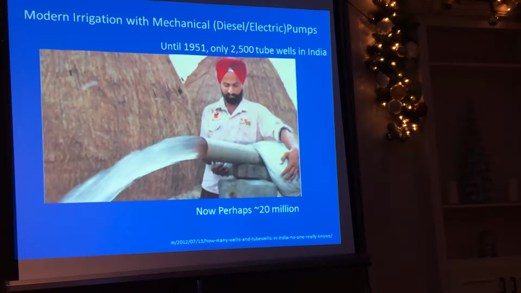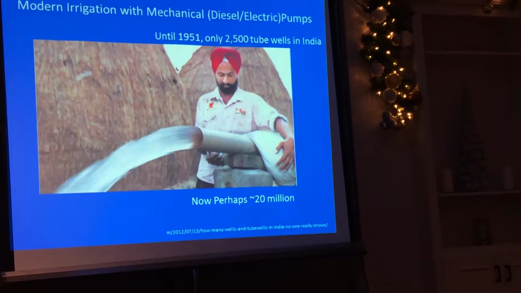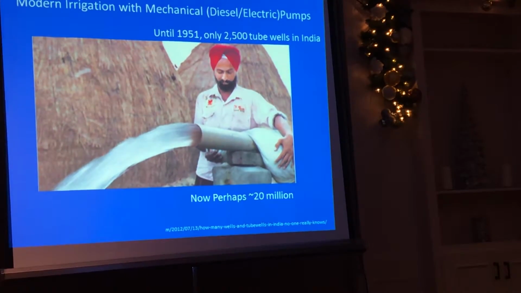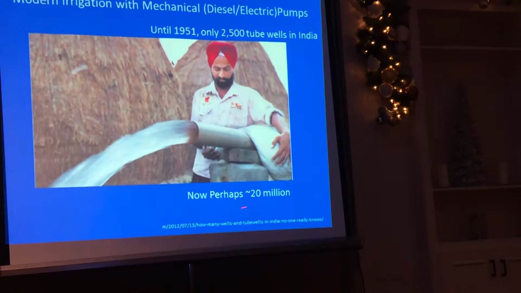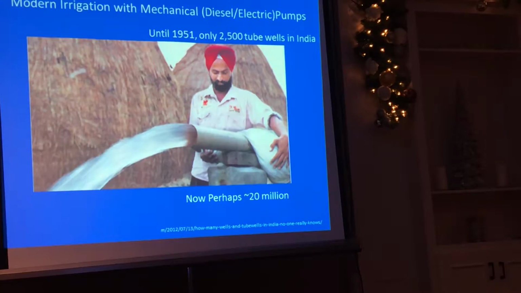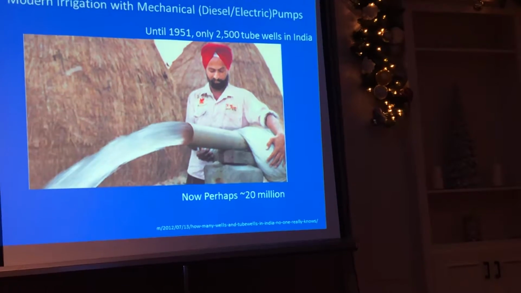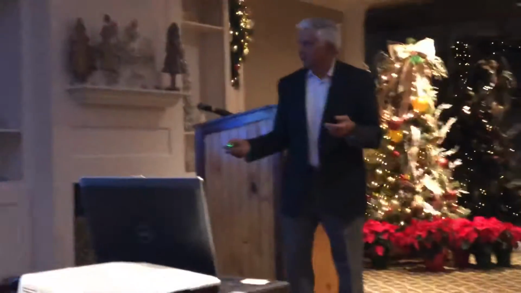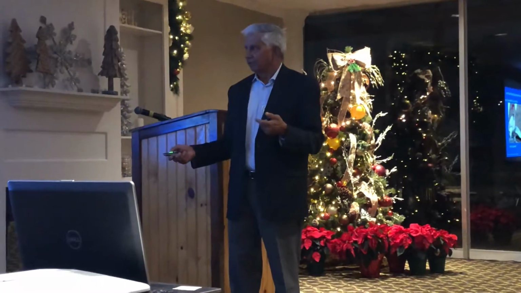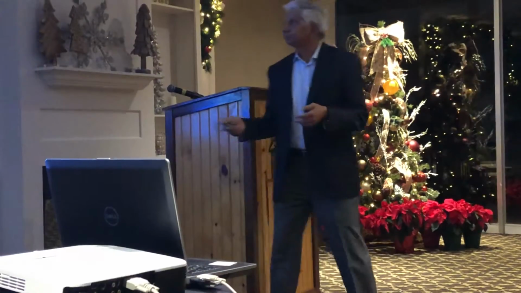At the time, in 1950, they had probably 2,500 in the entire country, either diesel or electric wells. Now nobody knows. Actually, this site says nobody knows. Because technically, any mechanical device that draws water should be registered, should be approved, should have a permit, but it doesn't work that way there. So this is just the best estimate that these people did, somewhere in the 20 to 25 million water pumping facilities, which are electric or diesel, let alone hand pumps and so on.